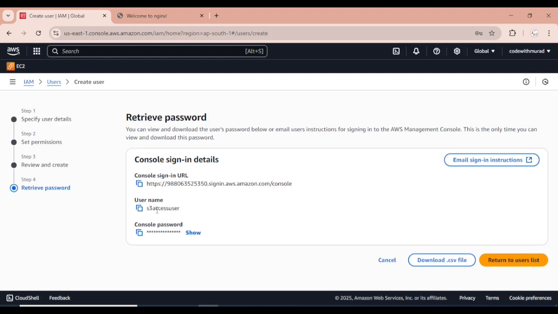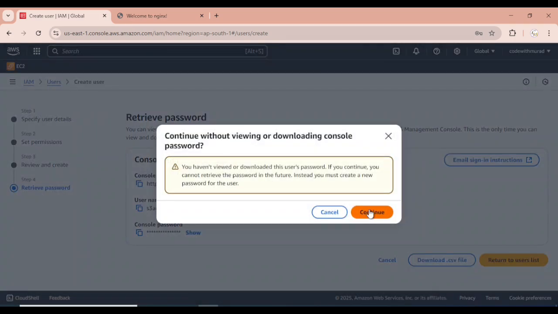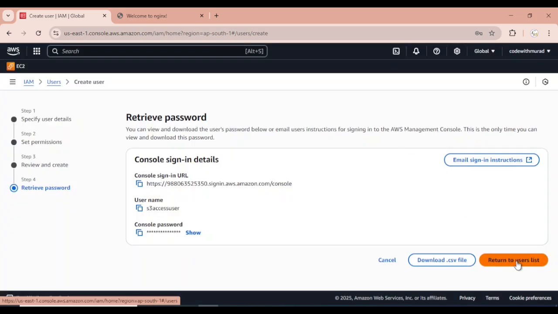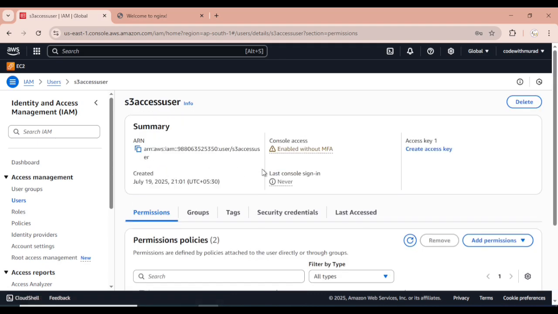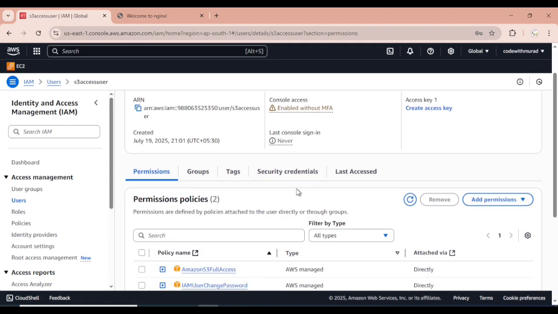And now the next step is we have to create the access key, okay. We have created the user, right? But now the thing is we have to create the credential for it. So now previously it was empty, right? But in the users now it is one. That means we have created one user, S3 access user. I'll click on it because we have to create the credential, right? So we have security credentials here. I'll click here,